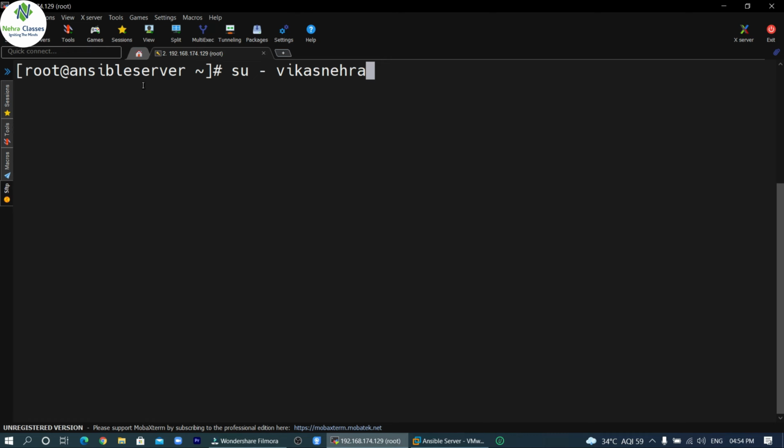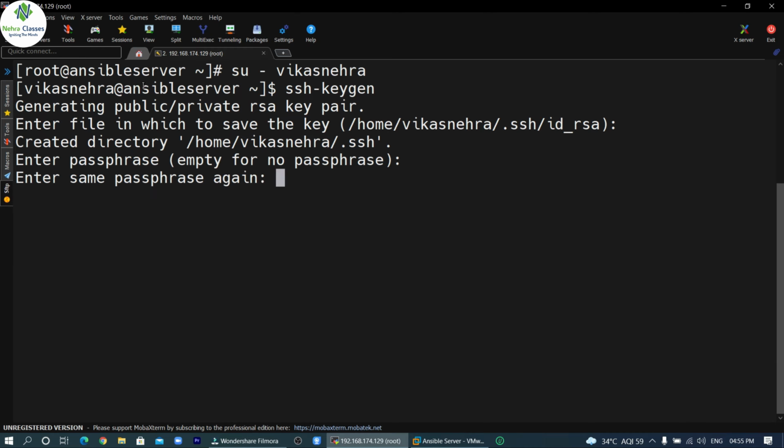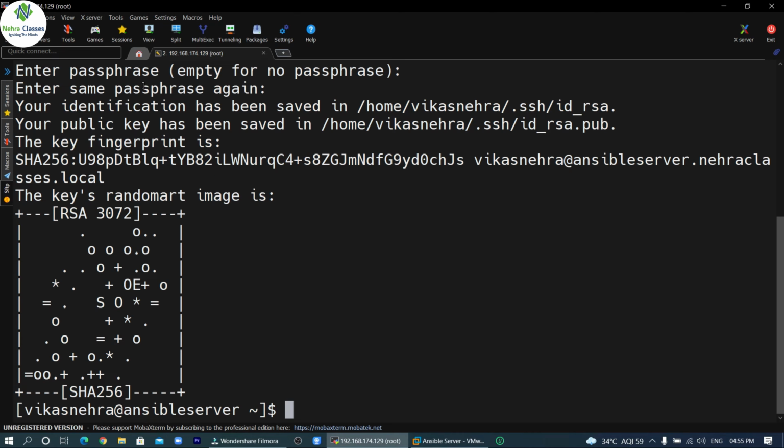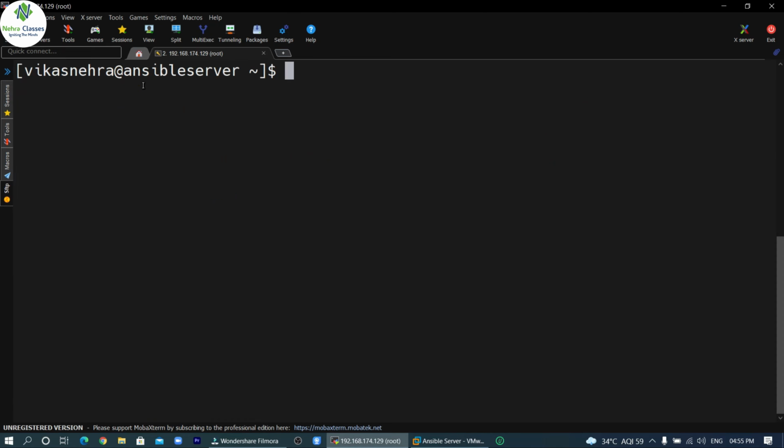After that, we will make the passwordless authentication for any normal user account. So let's switch to the account of Vikas Nehra user. This user is locally present on all the nodes, and this user is there in the sudoers file as well, means he has the sudo privilege. Now we are going to make the passwordless authentication, so we will execute the ssh-keygen command. This command will generate the SSH public and private keys, and after that we can copy these keys on the nodes.